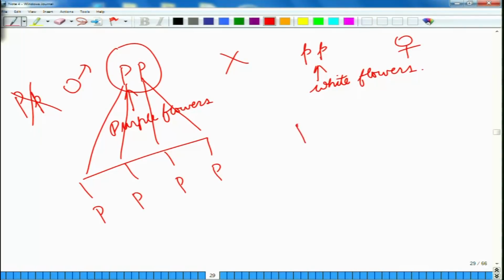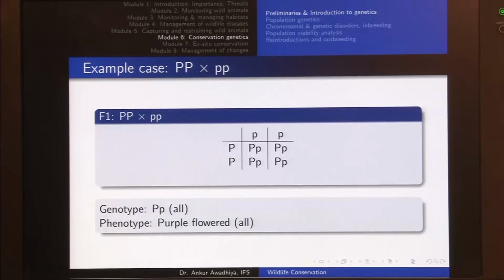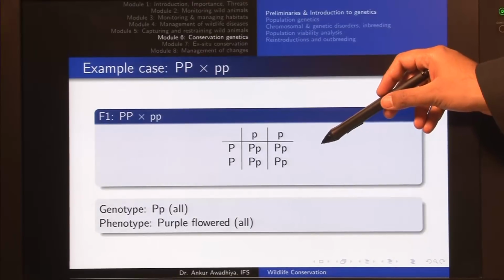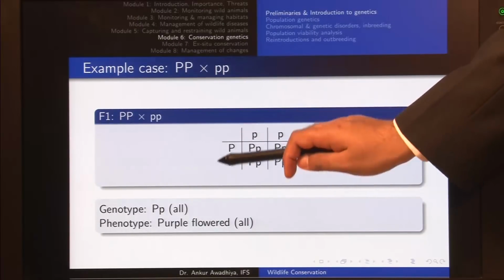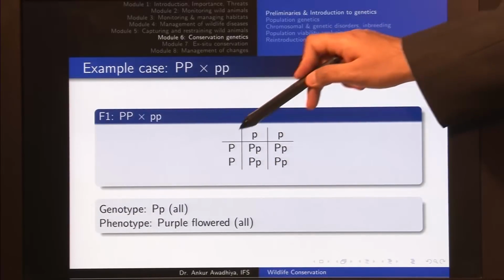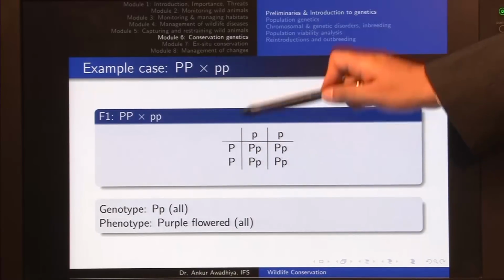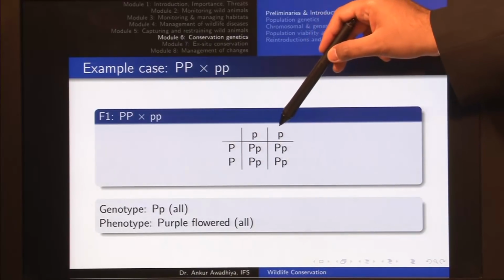Now in the case of this female plant, we will have the 4 eggs that are small p and small p. These come from one chromosome and these two come from the other chromosome. Now when there is a cross, this is how we represent a cross, known as a Punnett square. We represent the gametes from one parent on the left side, and the gametes from the second parent on the top. In this case, one parent gave us capital P and capital P, and the second parent gave us small p and small p.